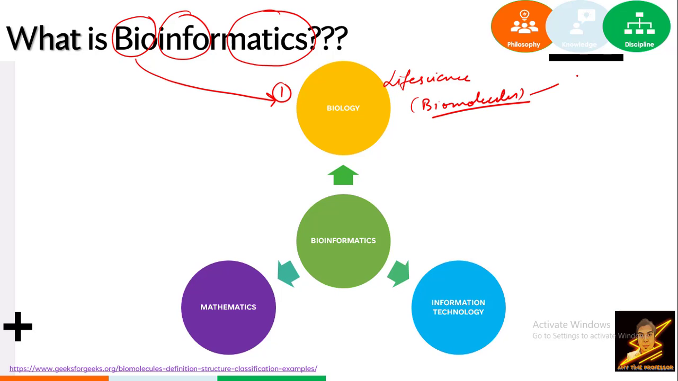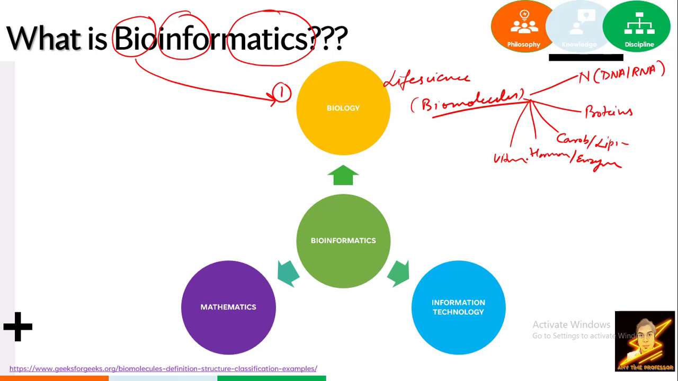These biomolecules majorly involve five different types of biomolecules. One is known as nucleotides, which majorly involves DNA and RNA. Second is related to proteins or amino acids. The third is related to carbohydrates and lipids. Fourth is related to hormones or enzymes. And fifth is related to vitamins. So these all are not majorly used, but in the case of bioinformatics, our major role is related to nucleotides